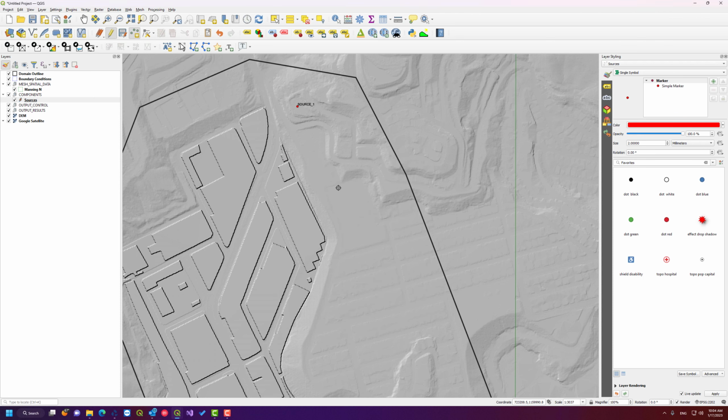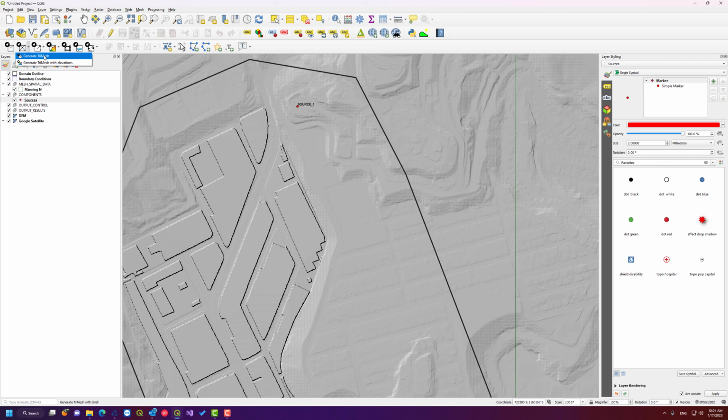And then click OK. Now we have our source. We're going to save this, close. The last thing we're going to do is generate our tri-mesh. We could do this one of two ways. I could just generate a tri-mesh that'll create the adapted triangular mesh, but this will not have any elevation data